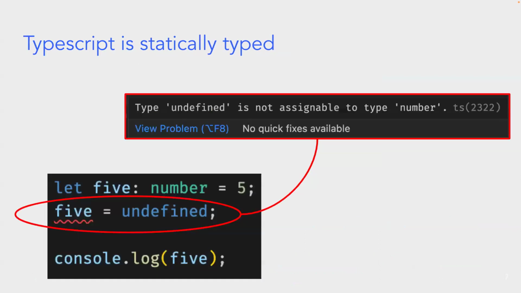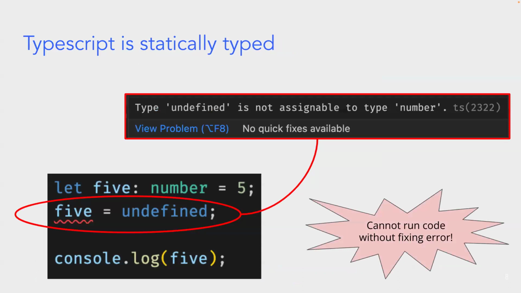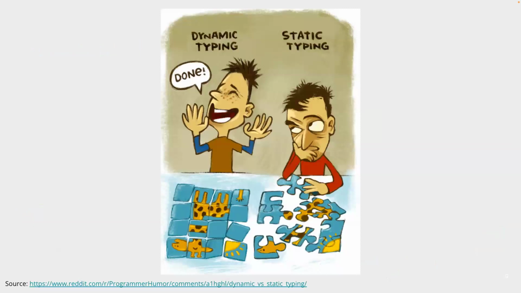But lucky for us, TypeScript can. If you look here, we specify that we want 5 to be a number. And so when we try to change it to something else, undefined, we then get a wonderful error. And we cannot continue until we fix it. So dynamic typing is really flexible, but you're not able to detect some errors until runtime. Static typing is a lot slower and stricter, and it takes a while before you can be sure everything works in the right place and what you have is completely correct, but otherwise you will run into issues later down the road.